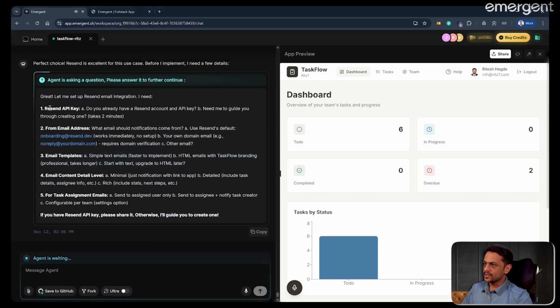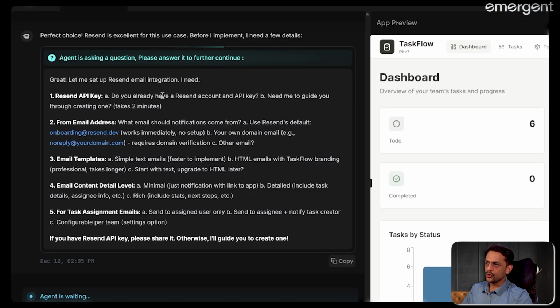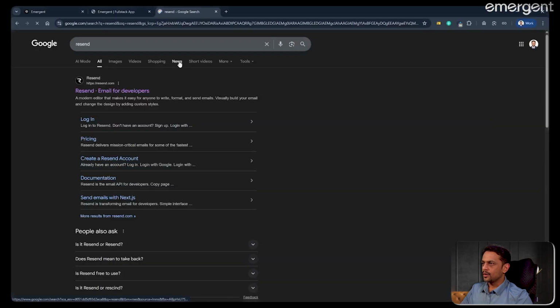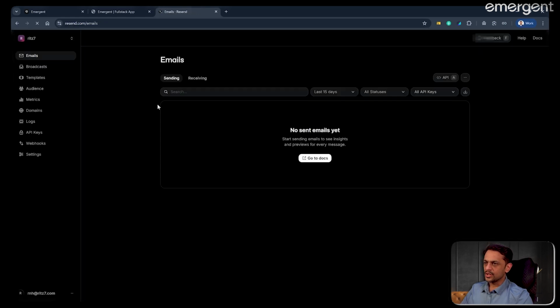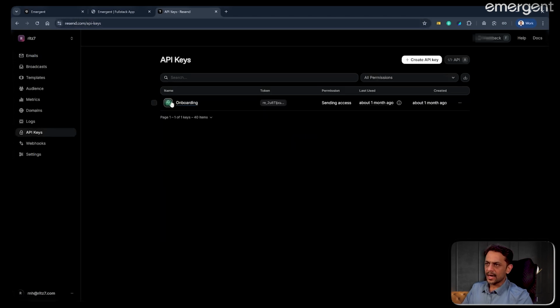Okay, so it's asking us for the Resend API key. Do you already have a Resend account and API key? Need me to guide you through creating one? So we will go to Resend. It says email for developers, which is exactly what we want. I've already created my account here. You could also create one. It is resend.com. I'll go to API keys, and we had created one API key before, but I'll create